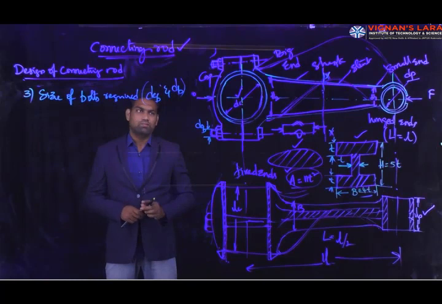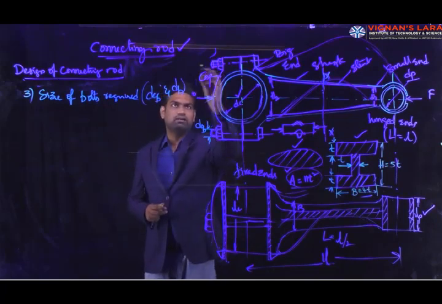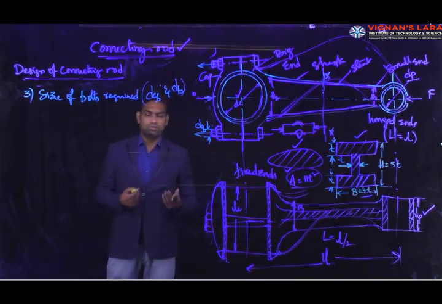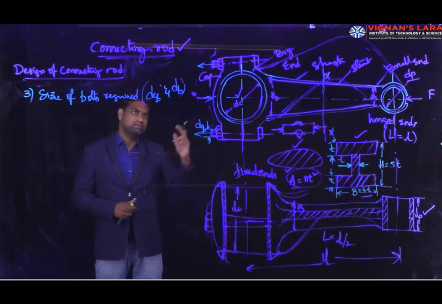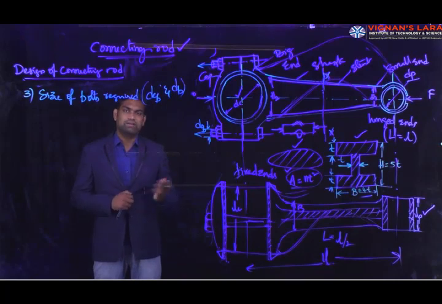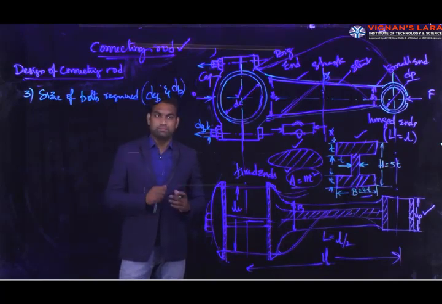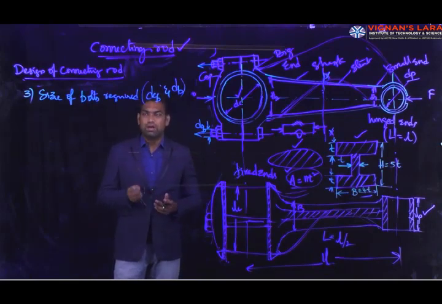Here the bolts are subjected to tensile forces. By means of compression and tension acting on the connecting rod, the force acting on the bolts is also a tensile force. So the dimensions are determined by equating the tensile force acting on bolts to the inertia forces of reciprocating parts at the top dead center, that is with the piston at the top dead center, where you can obtain the maximum inertia force due to reciprocating parts.